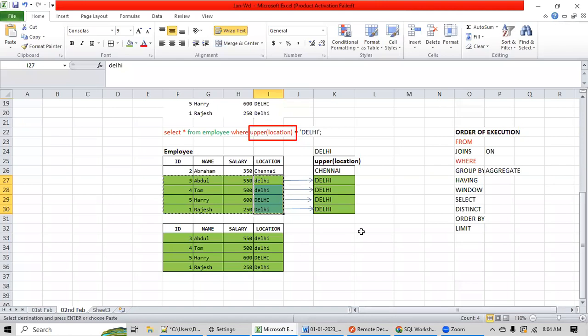Tanvir, I have a doubt. So first, when we use the from keyword, it will be loaded into a temporary table, I mean memory. Then when we use the where clause with upper location, will it be a separate table by itself? No, it's not a separate table. It's a separate column that will be created by the engine, and all this happens in the temporary memory.